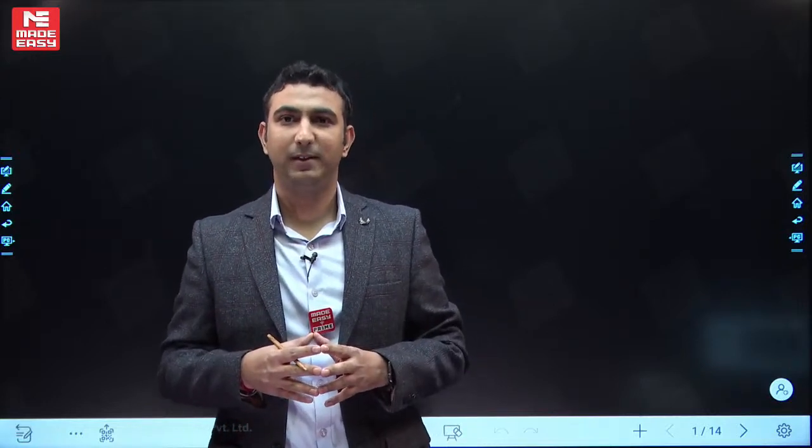Because every year GATE makes some kind of changes. But what we can prepare are the important topics that they can ask. For example, nodal analysis is important from the GATE perspective. Sir, do they ask a lot of questions from that? Yes, they have asked many such questions from nodal analysis, but the important thing is that even if they do not ask the question directly on nodal, nodal will get utilized somewhere in some other form of the question.